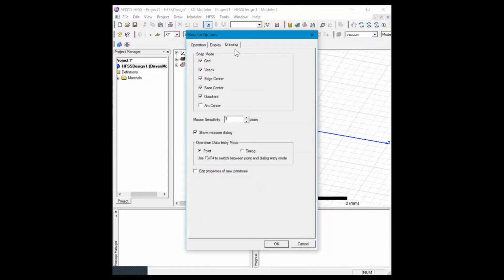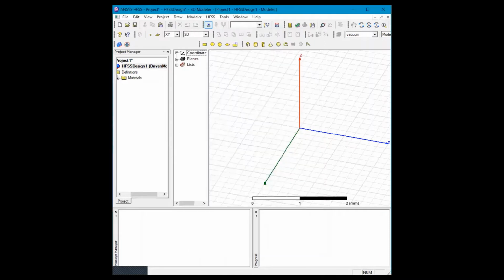Then we will switch to the Drawing tab, and in this tab we will check edit properties of new primitives, and then OK.